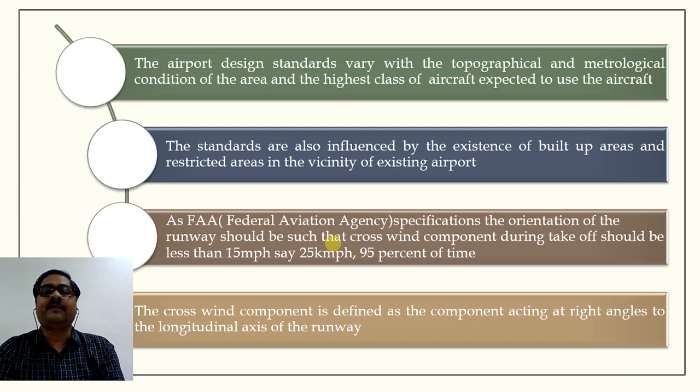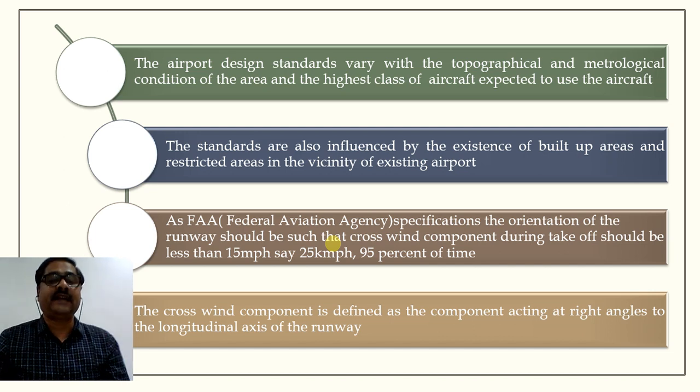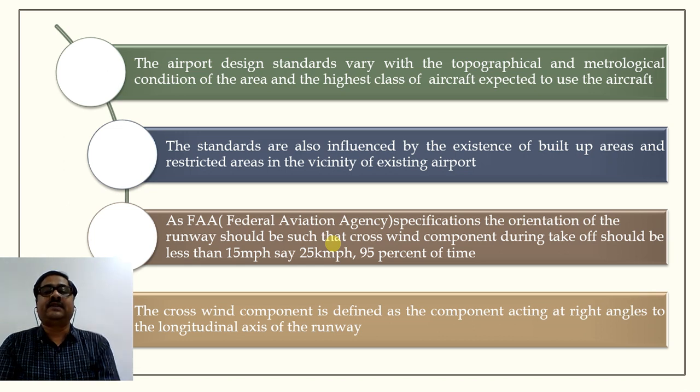In the same way, the meteorological condition refers to the various temperature. In a higher temperature region, the runway length is going to be very different. Also, the atmospheric pressure, like air pressure, which is going to be there. So these two parameters are going to affect the runway length. And then the highest class of the aircraft, of course, because if the aircraft is larger, the runway length has to be larger, because we have various kinds of aircraft, various sizes of aircraft.